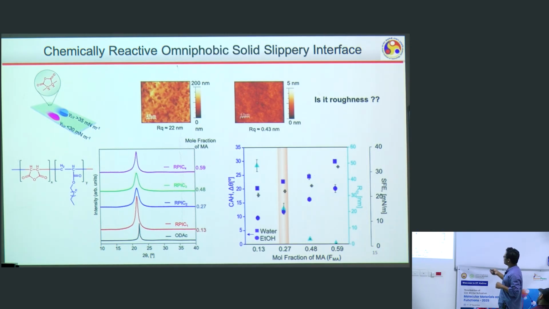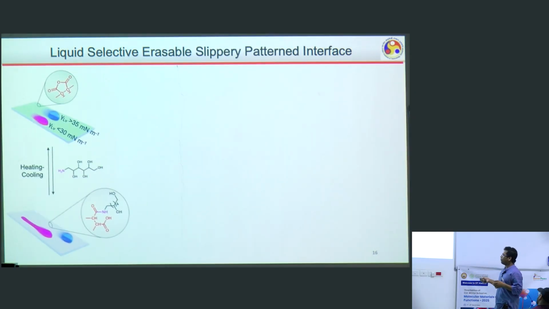If you see, surface free energy as well follows, though this roughness is gradually decreasing. So if the roughness is a crucial factor, then this mole fraction should be considered the best for the slippery property. But we found that this mole fraction 0.27 is the best to achieve the least contact angle hysteresis, and it works for both high surface tension liquid as well as low surface tension liquid, that is ethanol and water. Okay. Now, if you go further,